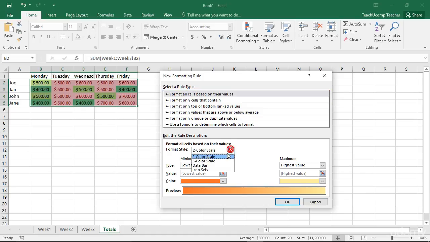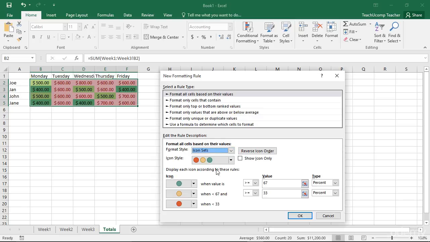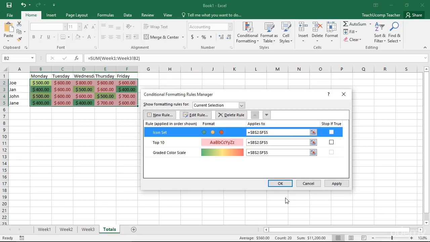Once you have finished setting the formatting that you want to use, click the OK button to return to the Conditional Formatting Rules Manager dialog box. If you want to add other rules to the selection, just repeat the process. New rules will be added to the list shown. Note that if you have multiple rules applied, they will be enforced in the order shown from top to bottom within this dialog box. Note that for any rule, you can check the Stop If True checkbox at the right